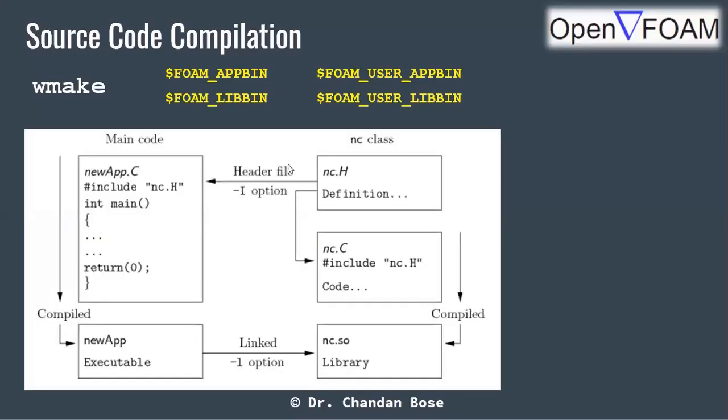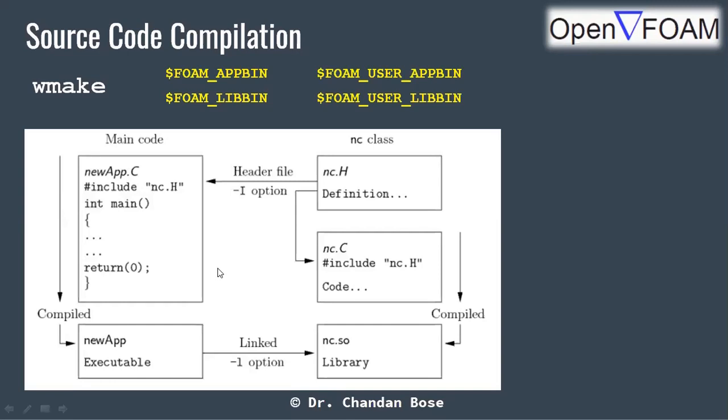Yeah, so you can see that we have this NC class and the header file and their executable, already compiled in OpenFOAM. This you have done while installing OpenFOAM itself. Now what I'm trying to write is a new code in terms of the main code, which is newApp.C, the .C file. I will just show you how to start with that just now. Just wait for a bit. And then we compile it. So just imagine this was the hello formats.C file. We compiled it and we have an executable now.